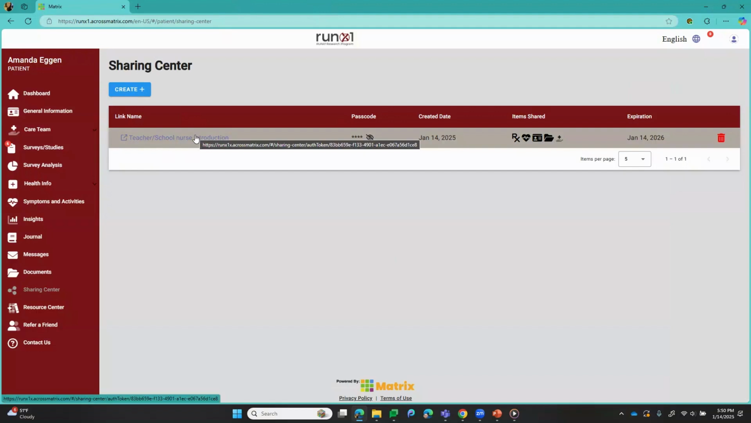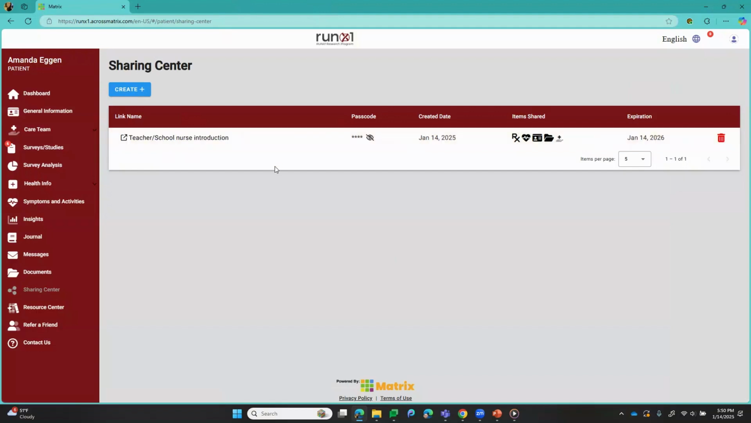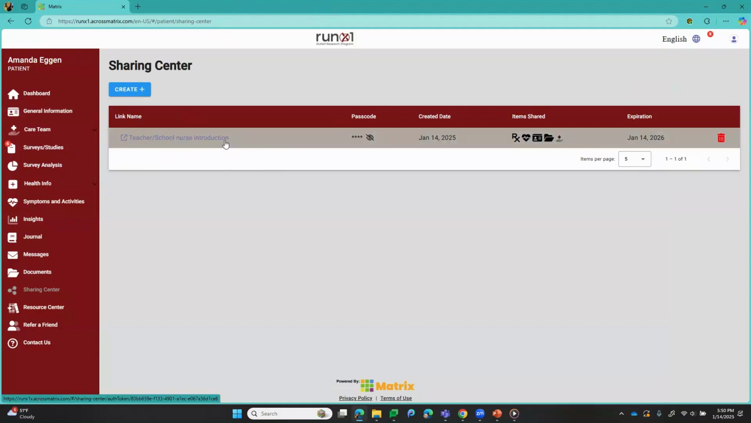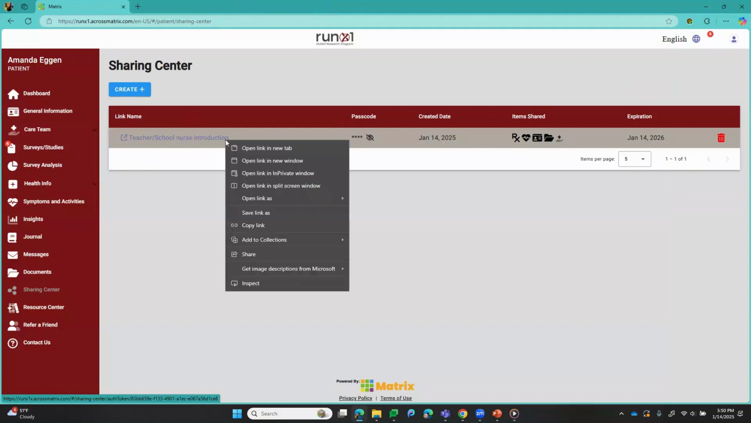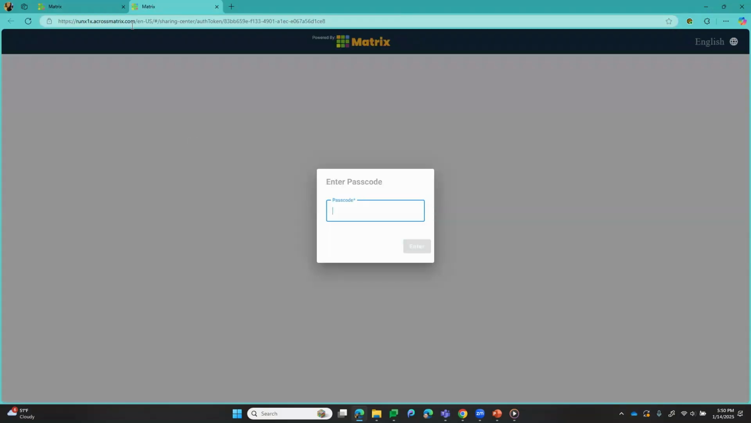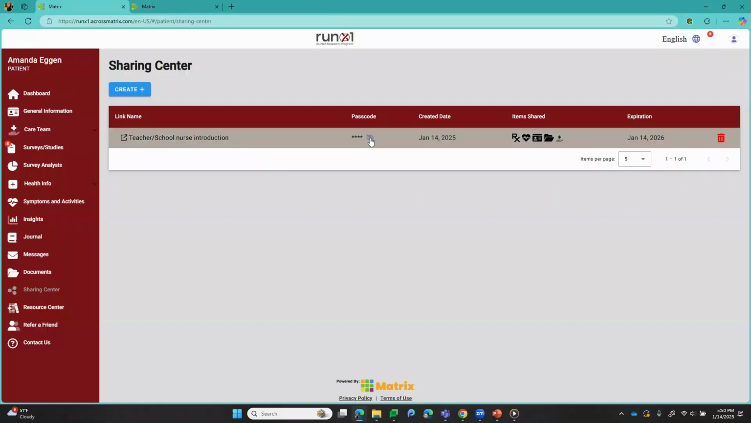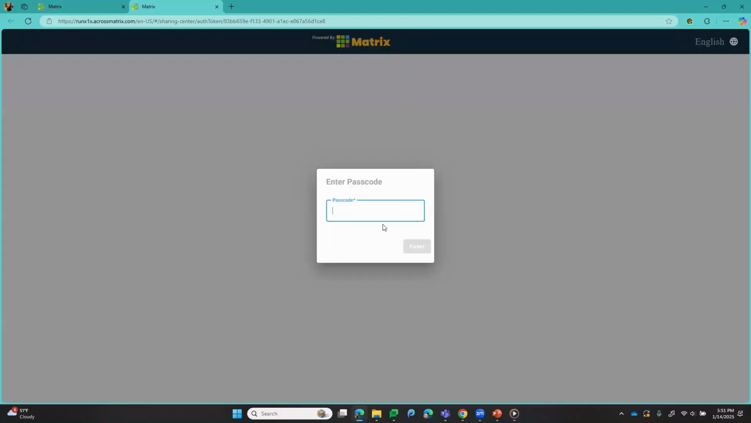Okay, so here is the entry that was created under the sharing center. In order to share that with the teacher and school nurse, you'll want to get the actual web address to copy. And to get that, you click on the link, and that'll actually open up that very specific address that you'll share. But you'll also need to share a passcode. That's what offers that security. So if you click on passcode view, the passcode for this one is 5025. And so when the teacher receives that link, they enter 5025, enter,